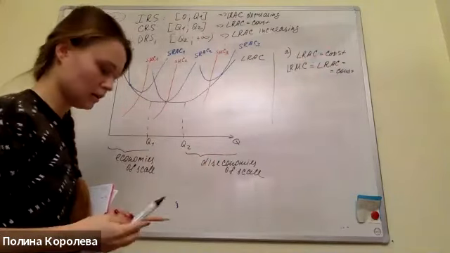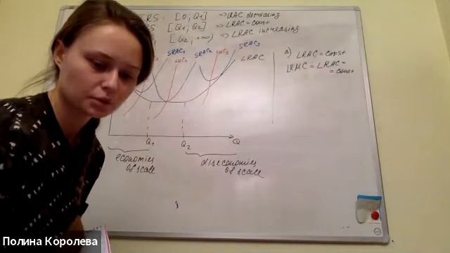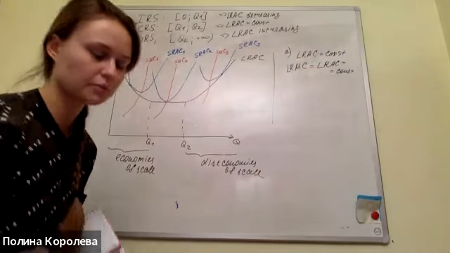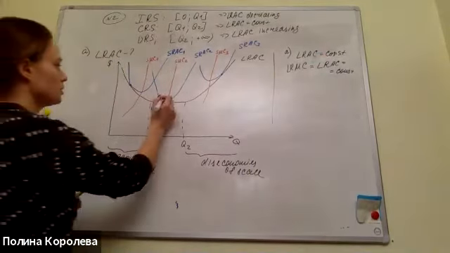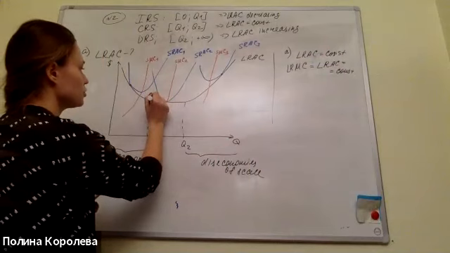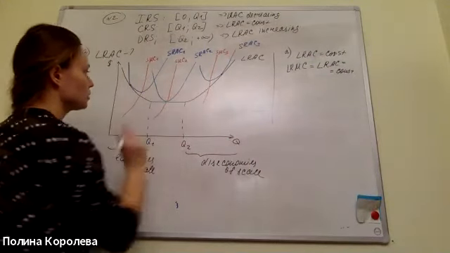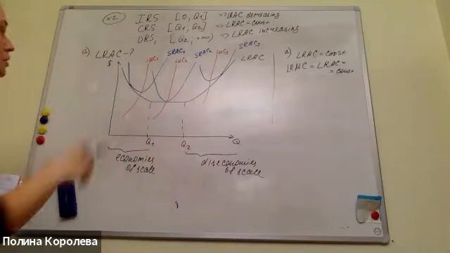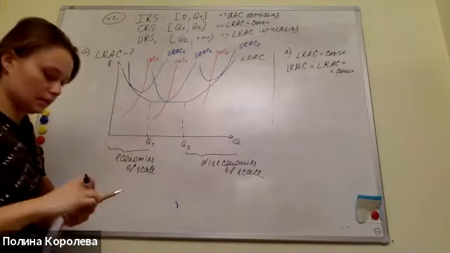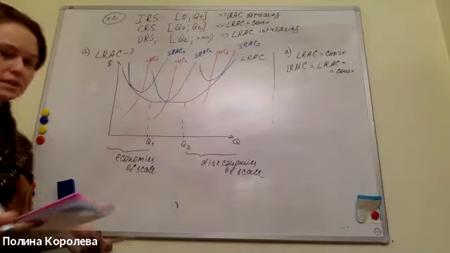They are constant. So let's draw long-run marginal costs. They will be the same as long-run average when we have constant returns to scale. Then, what about